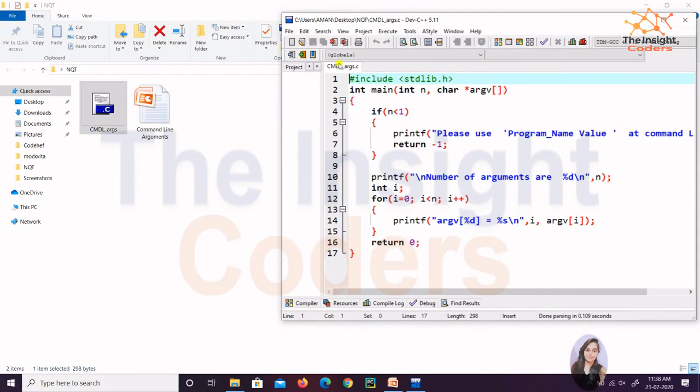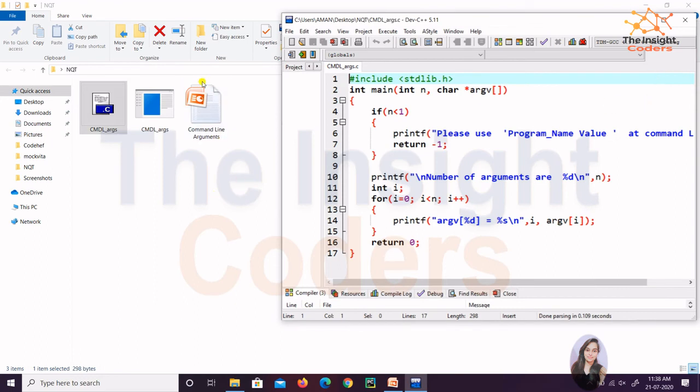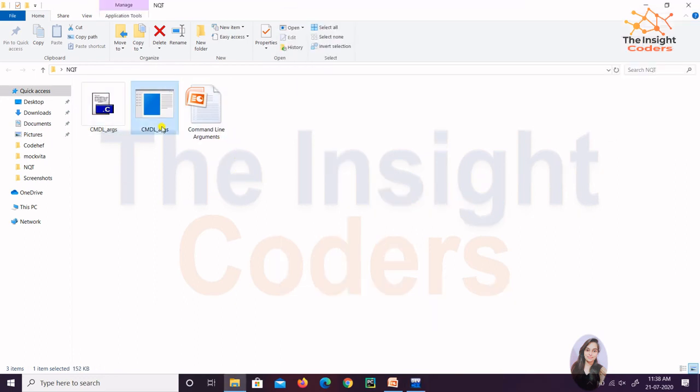Okay, so we are here. This is my folder, nqt, and it has a C file that I've already opened in my IDE. It is just a .c file. When I click here, that is F11, to compile and execute it, you will get this black screen, which you just have to close, and simultaneously you will find a change here. An exe file is made from this C file. So what you need is F2 and just copy the name of this file.